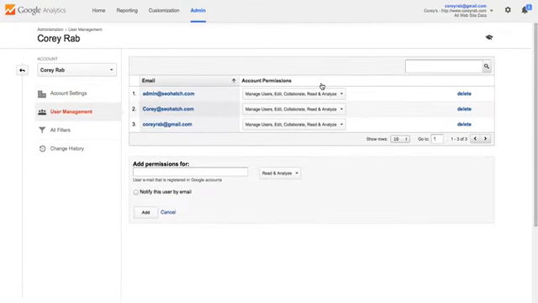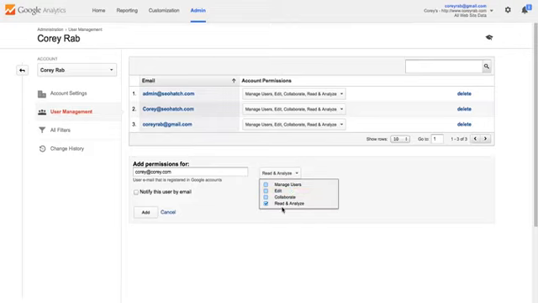And then if you want to give people access to your overall account, I usually don't advise this unless it's in a company. So if you want to give access to everybody in your company of all the properties and views inside of your account, that's doable. But if you're managing multiple websites within an account, and you don't want everybody to have access to every individual website's analytics, then you're not going to want to do this. But if you do, you can just add somebody's email, just put in Corey@Corey.com,